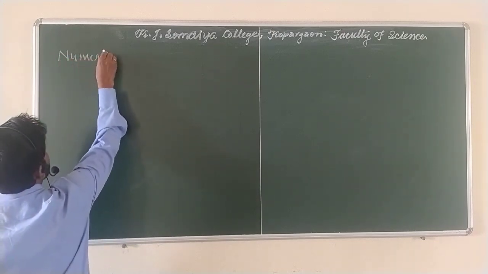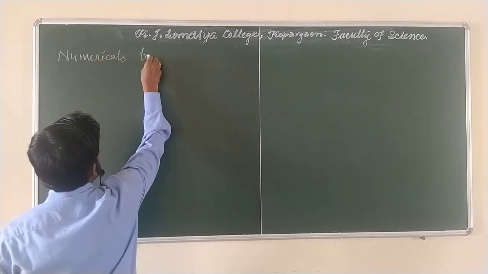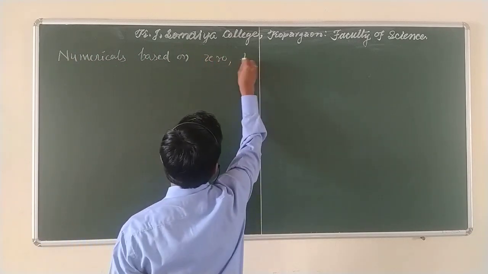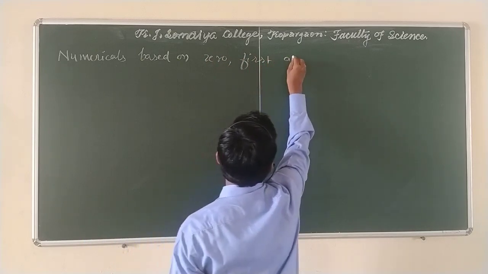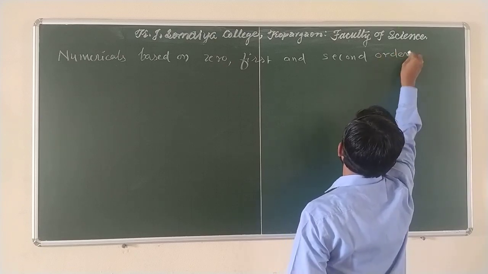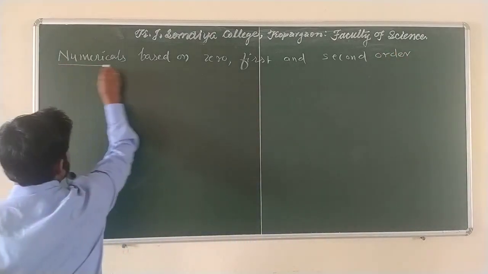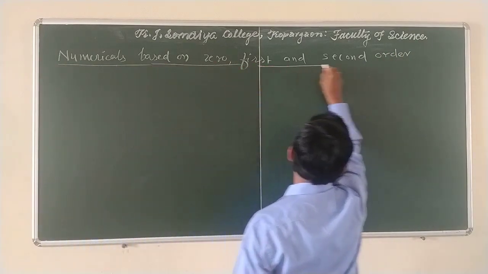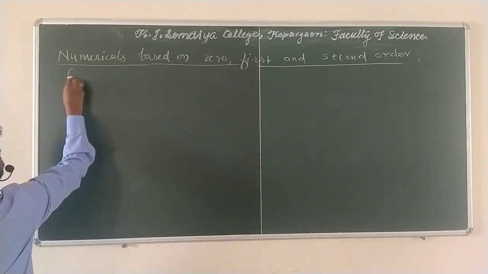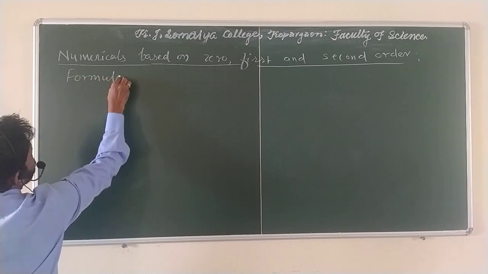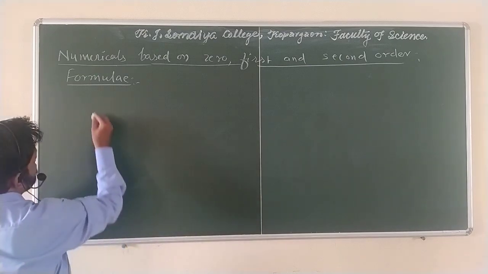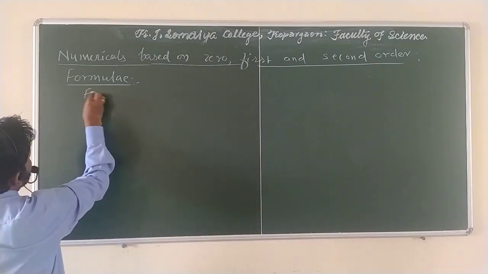Numericals based on zero, first and second order. We are going to solve numericals based on these things. Write the first formulas which are required for solving the problems. We know for zero order reaction,